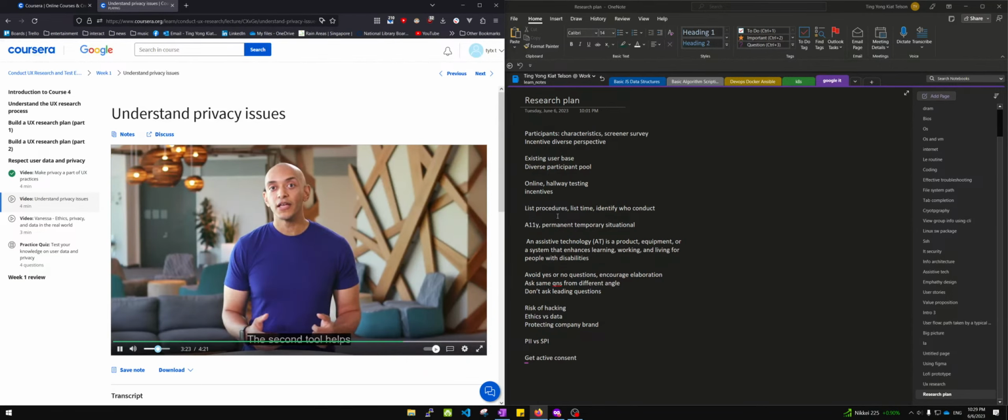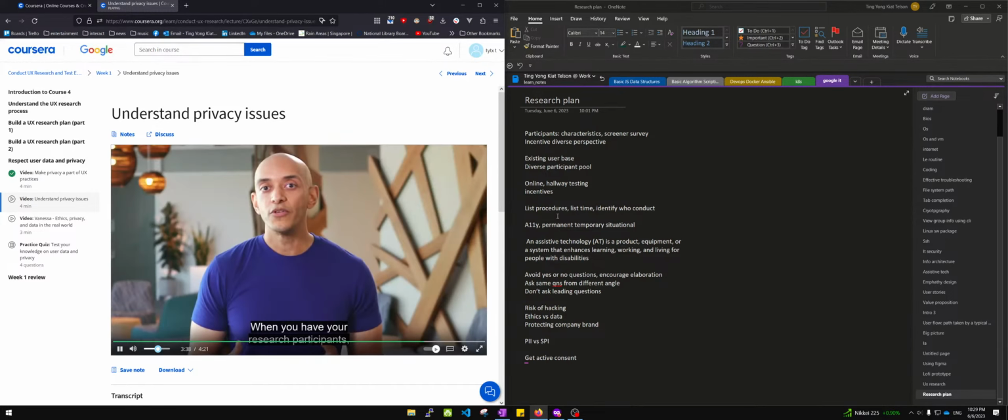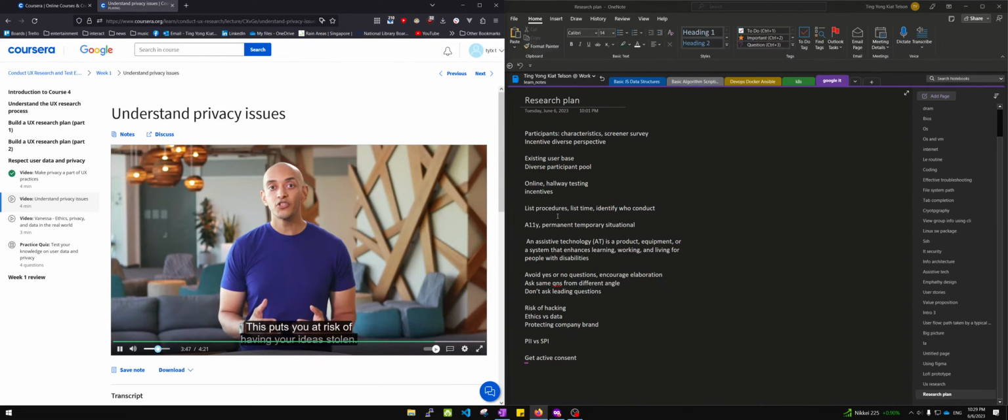The second tool helps protect your own data and your company's data. This is called a non-disclosure agreement, or an NDA. A non-disclosure agreement is a contract that gives one party legal protection against another party stealing their ideas. When you have your research participants test out a new product or new feature, you're letting them experience something before it's public. This puts you at risk of having your ideas stolen. But if you get your participants to sign non-disclosure agreements before